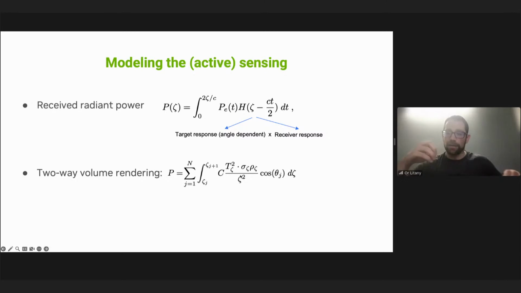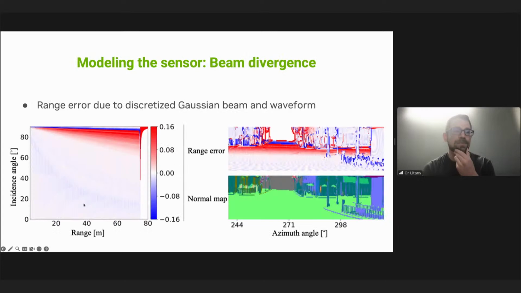We're going to have a decay of intensity as the ray is returned back to the sensor and diverges. So really, a key contribution here, I'd say, is the two-way volume rendering equation that we've devised here. This is accounting for the two-way